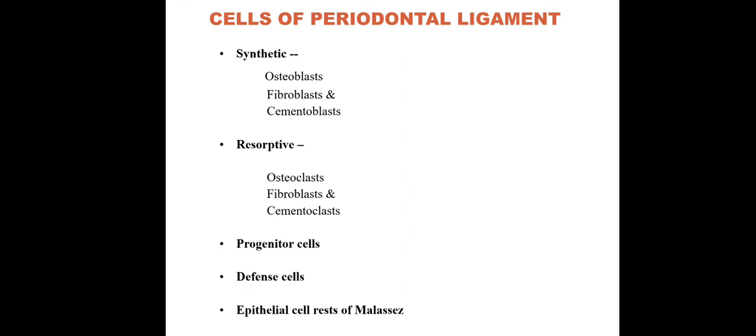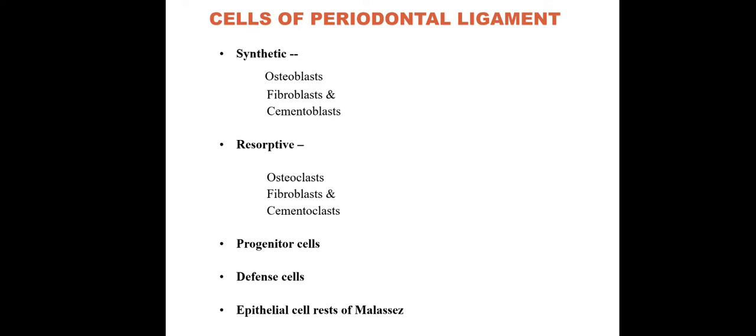Next we will be talking about the cells of the periodontal ligament. The different cells present in the periodontal ligament can be classified mainly into synthetic cells and resorptive cells. Synthetic cells involve osteoblasts. Since the periodontal ligament is surrounded by two mineralized tissues, bone and cementum, a lot of the synthetic, depositive and resorptive action of both those mineralized tissues is carried out by cells supplied by the periodontal ligament. So synthetic cells in the periodontal ligament include osteoblasts, fibroblasts and cementoblasts,